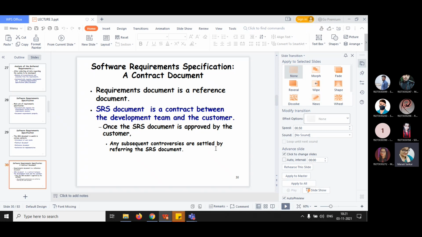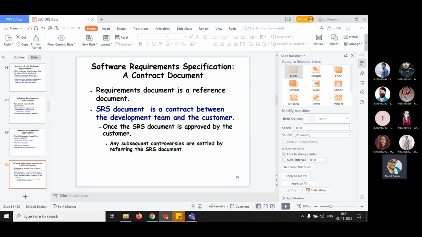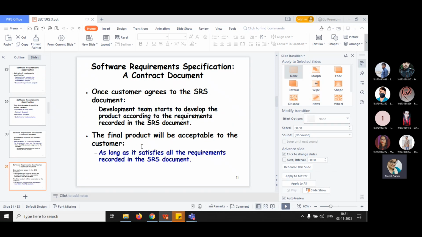Once the document is approved by the customer, any subsequent controversies are settled by referring to the SRS document. Once a customer agrees to the SRS document, the development team starts to develop the product according to the requirements recorded in it.